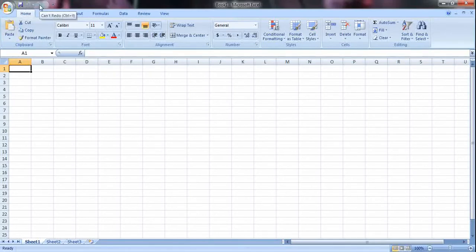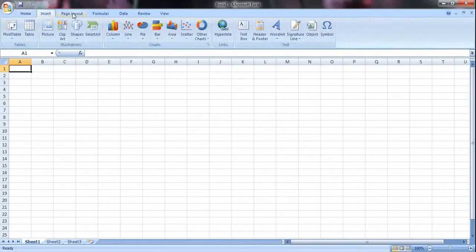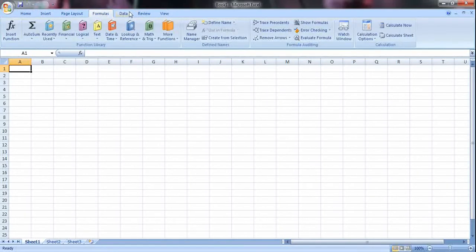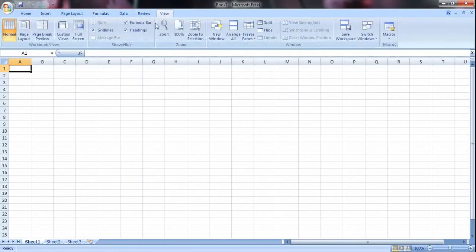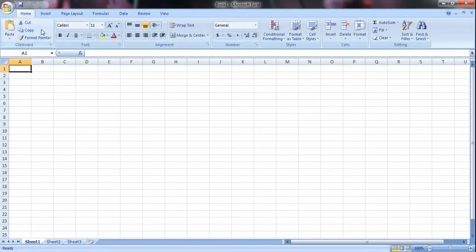The second component is your title bar. Title bar will display the name of your workbook. Below the title bar is the menu bar. So if you look here, home, insert, page layout, these are different tabs and they are present on a bar, and this bar is called your menu bar. Below the menu bar comes the ribbon. So if you see here, the next one is a quite thick bar. So we'll call it as a ribbon.